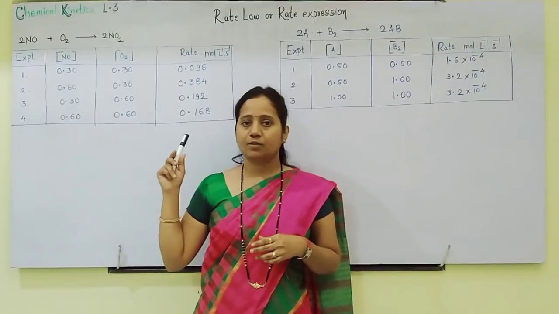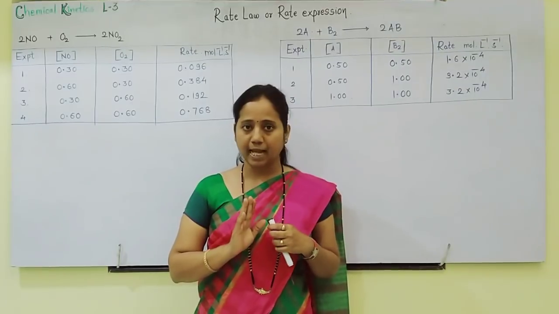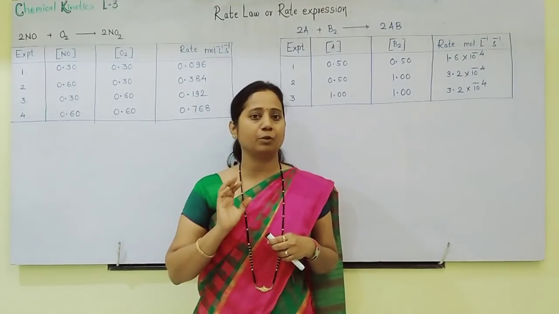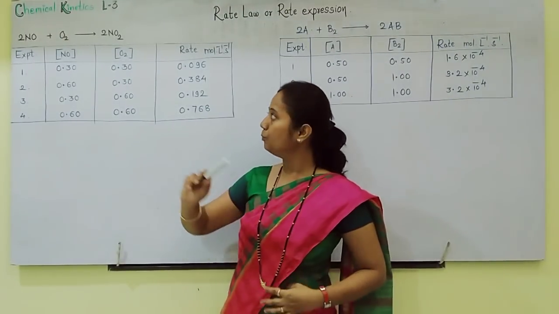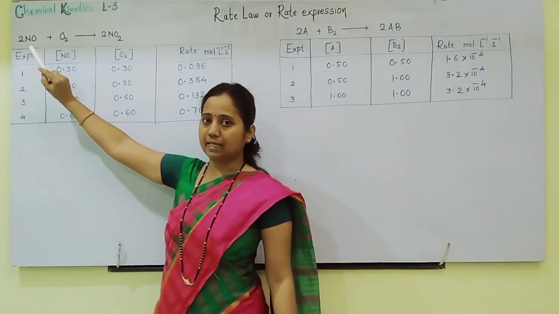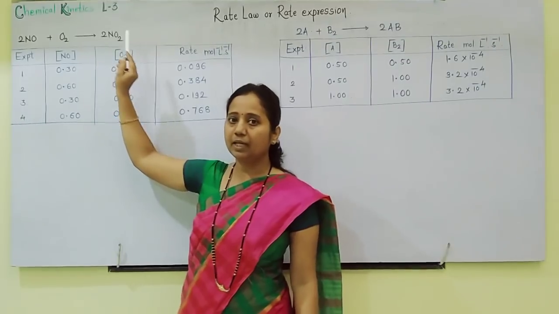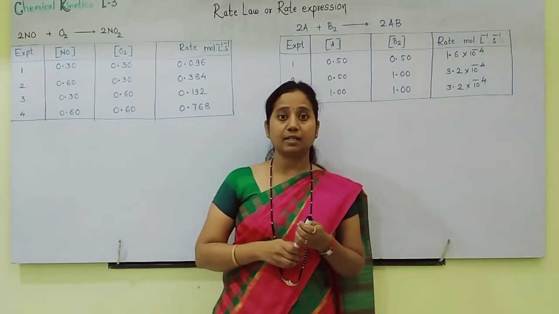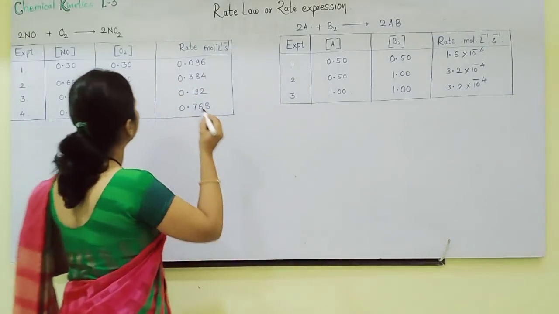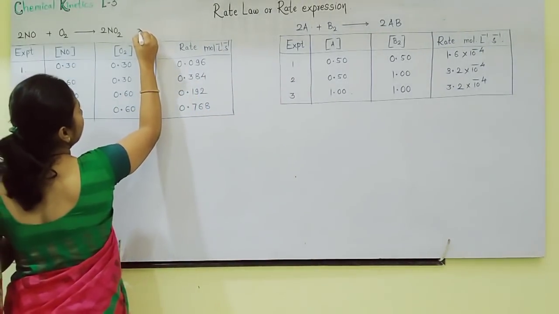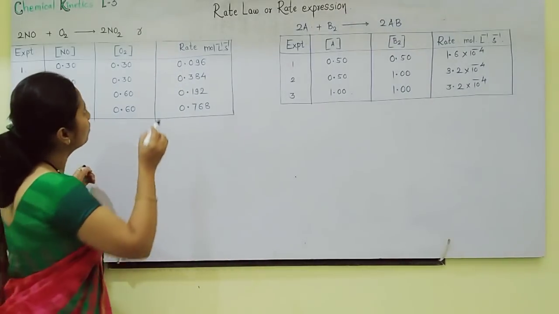Yes, students. So let us see how to write rate law if an experiment has been performed and data is given to you. Okay, so see, student, two examples I am going to tell you. This reaction is taking place. NO is combining with O2 to form NO2. For this reaction we have to write rate of reaction according to rate law. How will you write, student? Look here, I will write like this. Rate I will write by small r. You can write spelling RATE also.